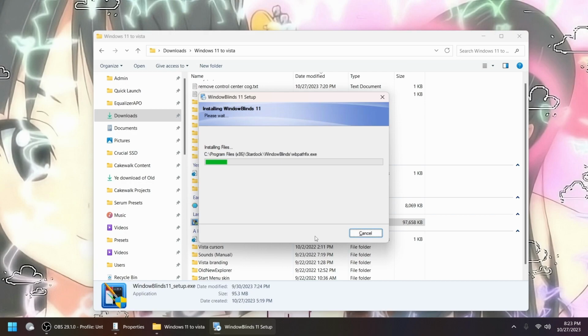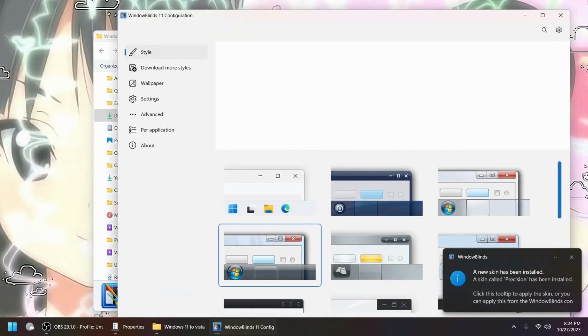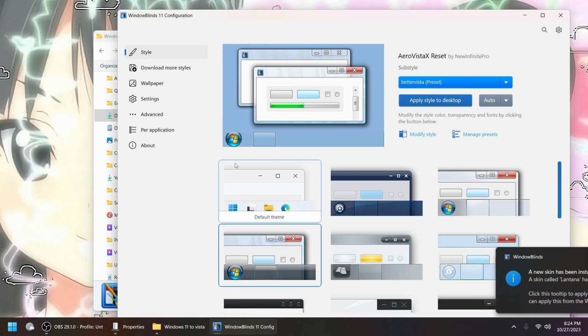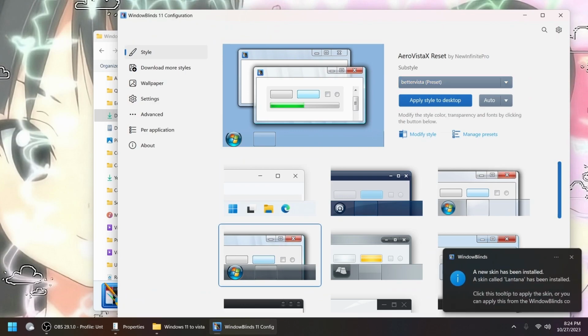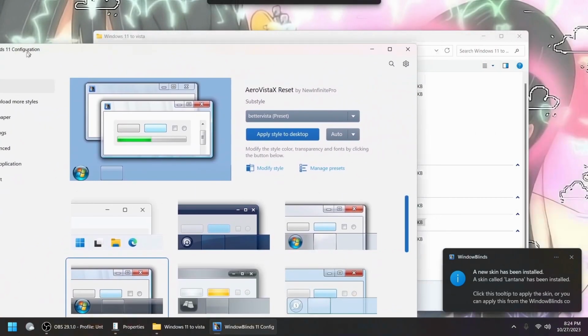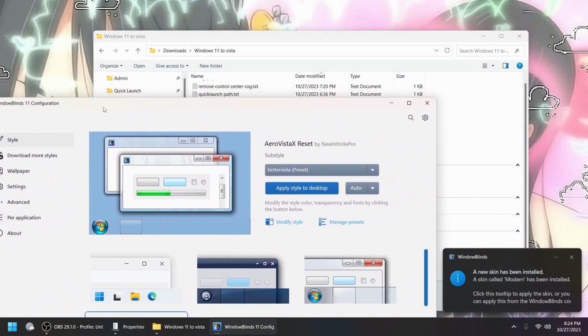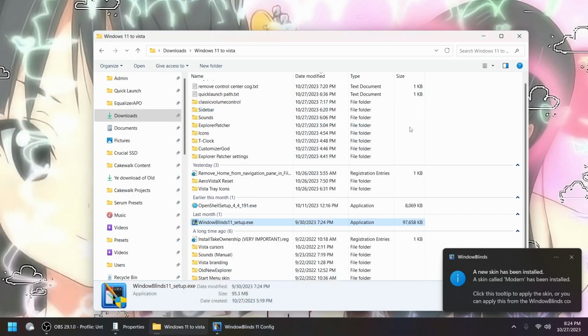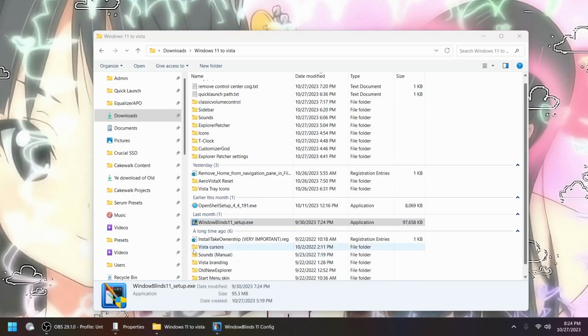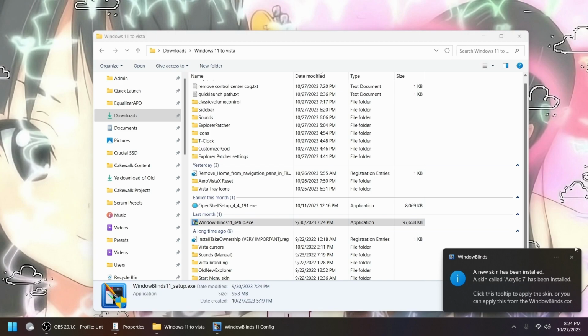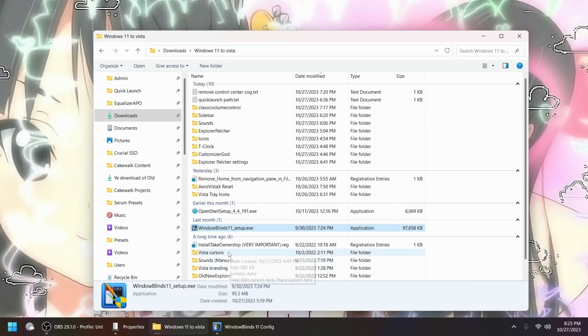But you're gonna want to let it install, and I already have it installed, but I'm just gonna let it install again. It is gonna ask you to reboot your system, but I'm not gonna do that because I already installed it. But basically in WindowBlinds, there's not much you need to do in the application itself just yet, but you're just gonna want to go back to the archive folder. Alright, but basically after you've installed WindowBlinds, you're gonna want to come back to the archive folder,